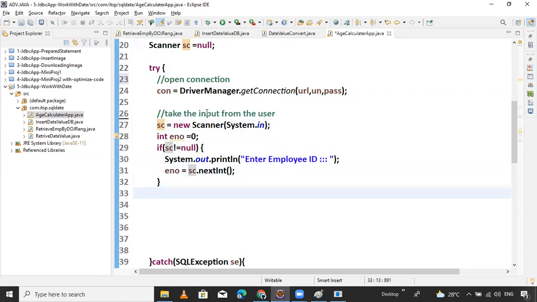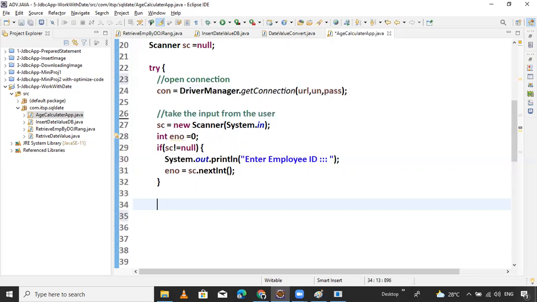So now come. After that, prepare the statement and pass the query. The JDBC PreparedStatement object has a pre-compiled query.